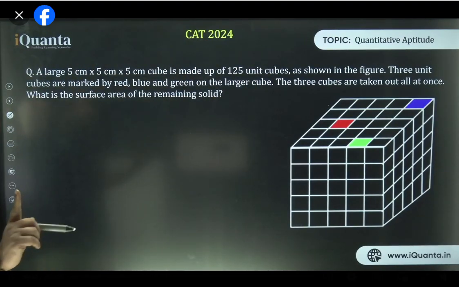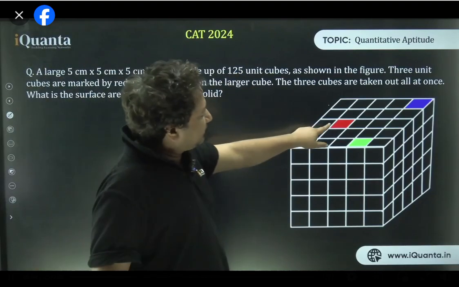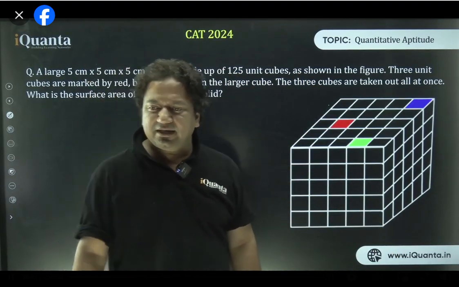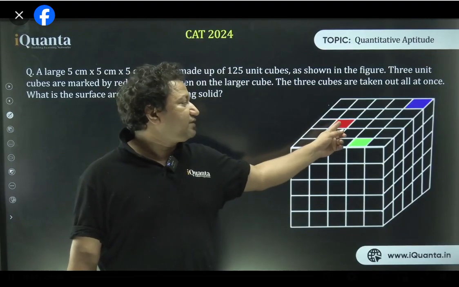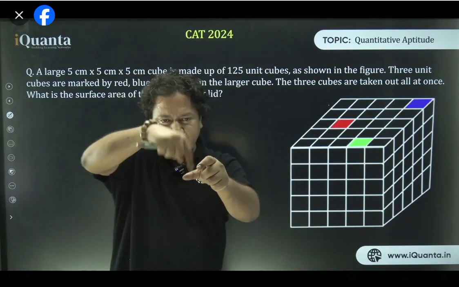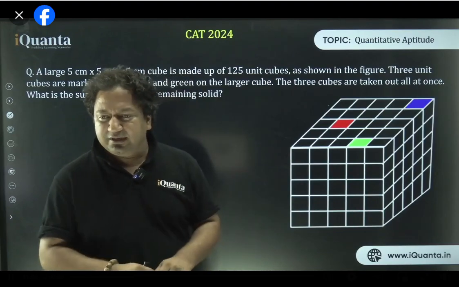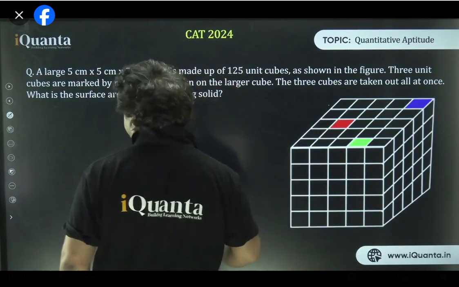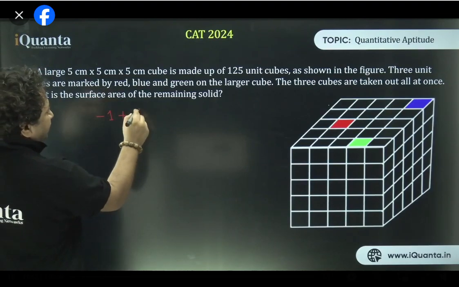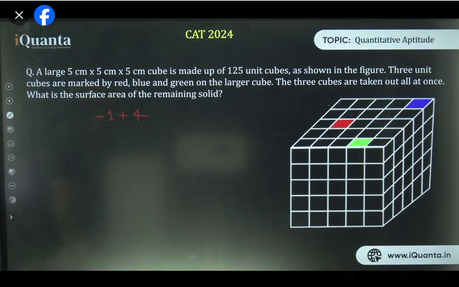अच्छा, ये सारे unit cubes हैं, 1 into 1 into 1. So this red surface goes away, but it gives rise to 5 new surfaces. Yes or no? Can I say that? If I remove this, one surface goes away, that is red, और इसको जैसे ही निकालोगे जो गड्ढा बनेगा, pit, will be having 1, 2, 3, 4 lateral surfaces and 1 floor. Yes or no? So if one goes from here, in the case of red, one goes, but 4 new are born, right? So I am using the color coding over here.